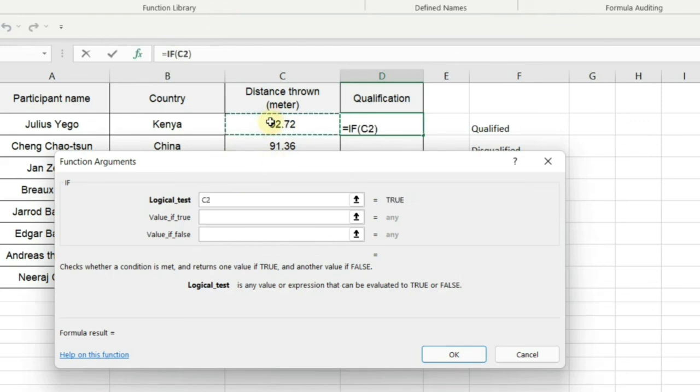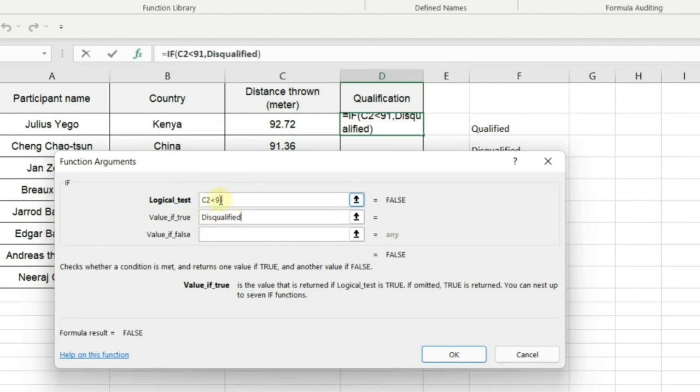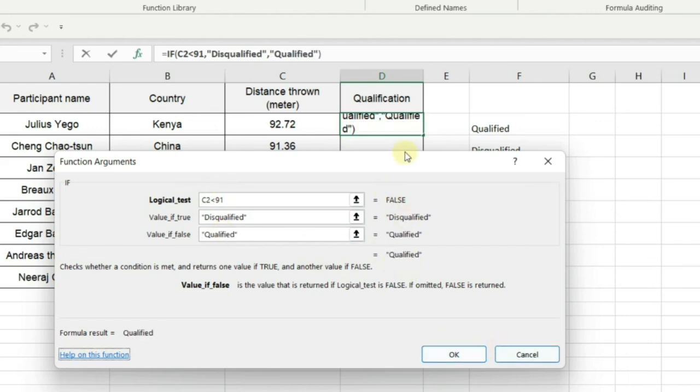If it is less than 91, it is called disqualified. Can you understand the formula? If it is less than 91, it is called disqualified. If it is more than that, we have to mark it as qualified. Excellent, isn't it? Give tab to see this one.